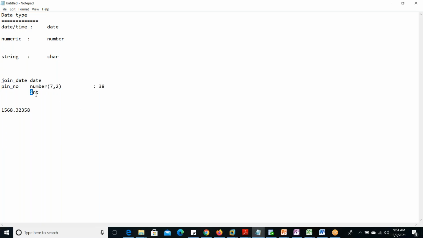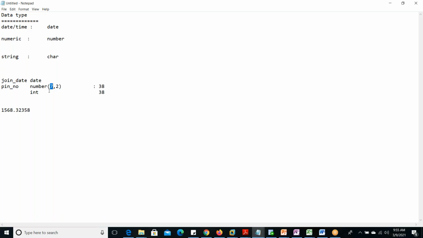Okay, now coming to int. Int is also a data type, a numeric type only. With int, there is no need to mention 7,2 or 10 or anything. Directly it will take length 38 by default. If you are giving number, then we have to compulsorily specify here 7 or 10 or 38 or 35 or 32.